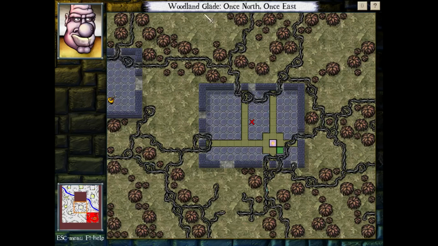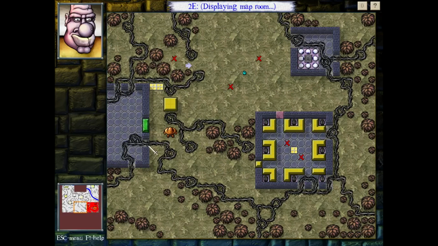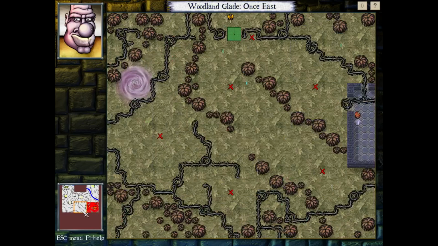There's just no entry into this area. So what am I missing? That's a one-way out of there. I mean, it has to be. I just need to solve that and get through here, which will probably trigger some...